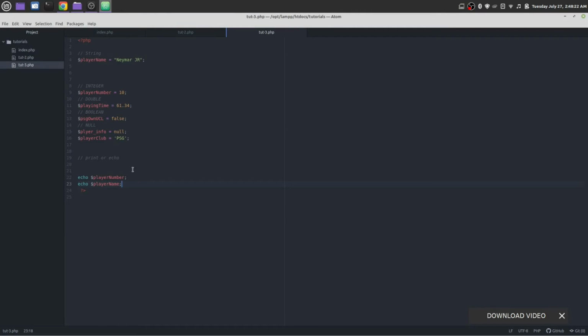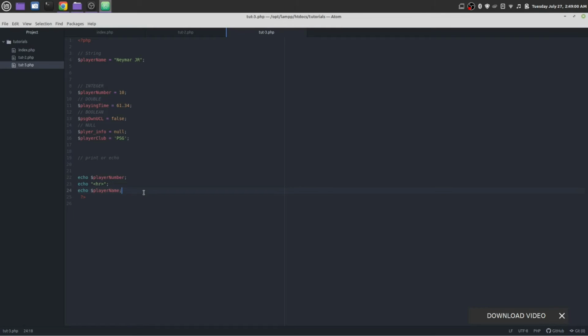For example, you want to echo some HTML. Let's echo this. We can also echo HTML in between these two quotation marks. We can write HTML. For example, hr tag. If you know a little bit of HTML, you know what this hr tag is for. This is for adding a horizontal line. Save it and reload the page. You see it has added a horizontal line.